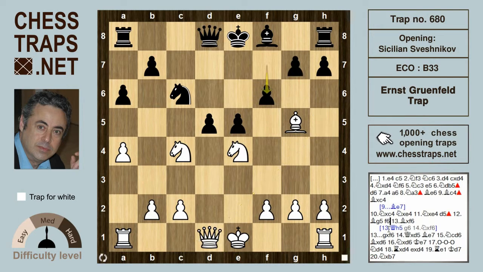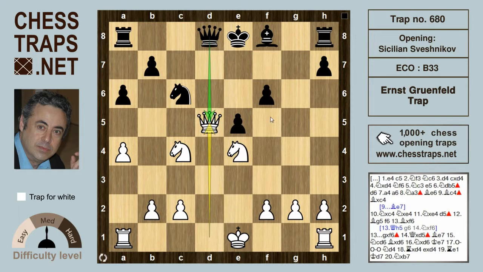However, instead of queen to h5, here white can sacrifice bishop takes on f6, really undressing the king now. After g takes on f6, white could play now queen to h5. That's a great move as well. White will be winning. But just as clinical is queen takes on d5,